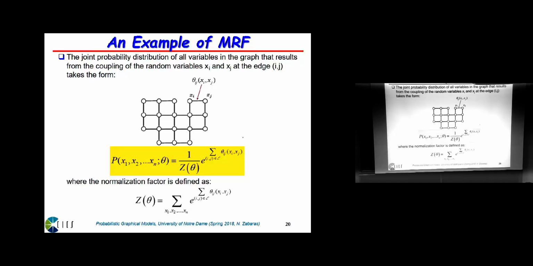Another advantage is if you write this as a product of these exponential functions, when you multiply them together, based on the theorem we discussed before, you're going to get e to the sum of the theta ij's defined over all the edges of the graph. And z is a normalization factor, which means